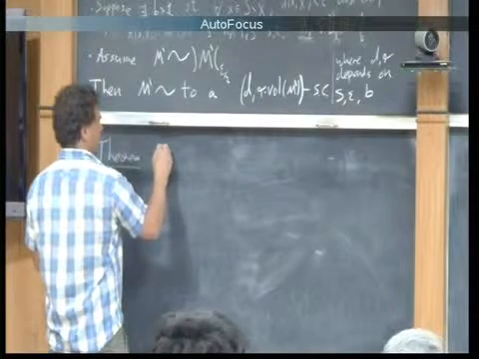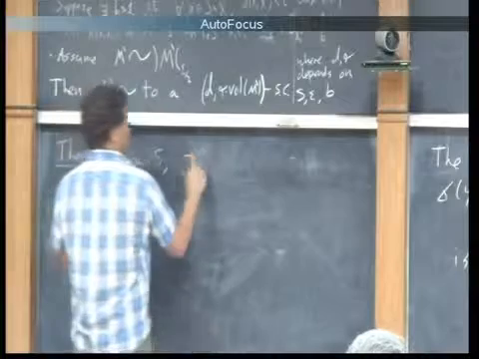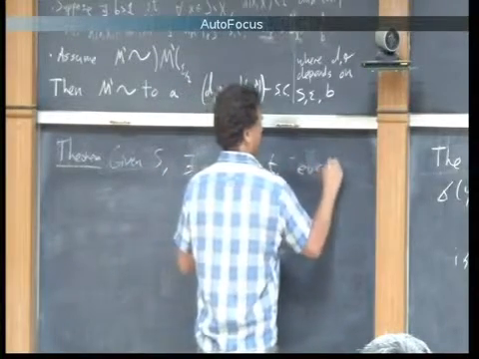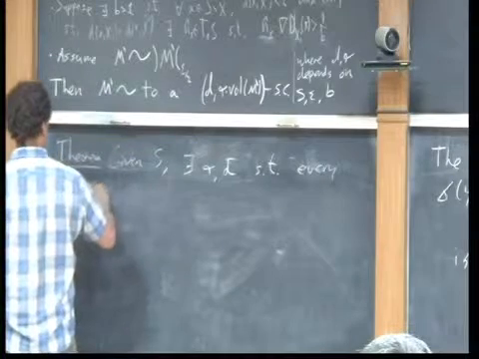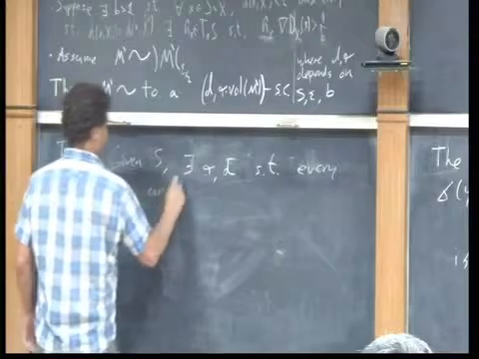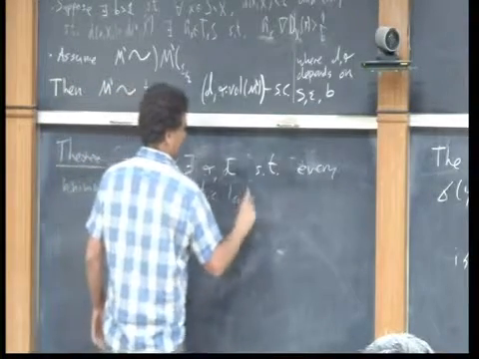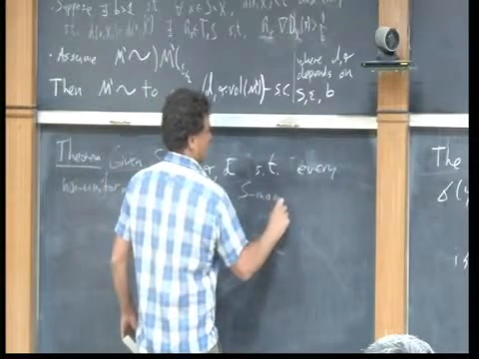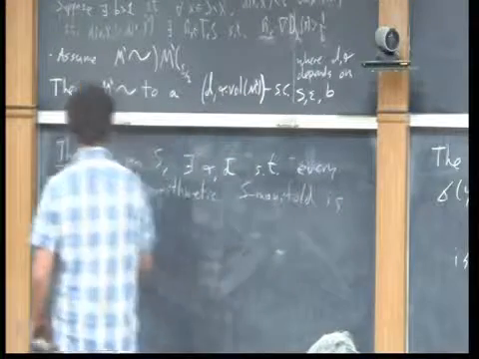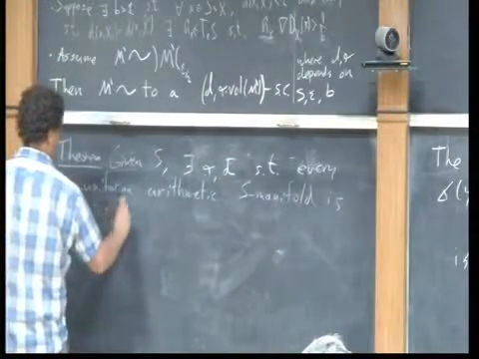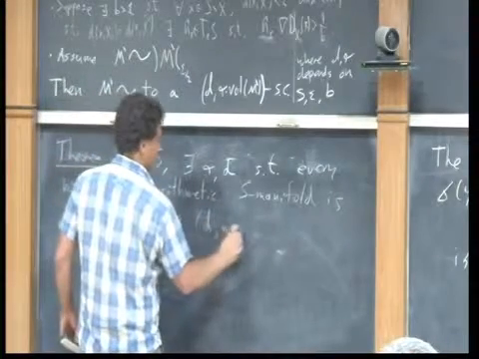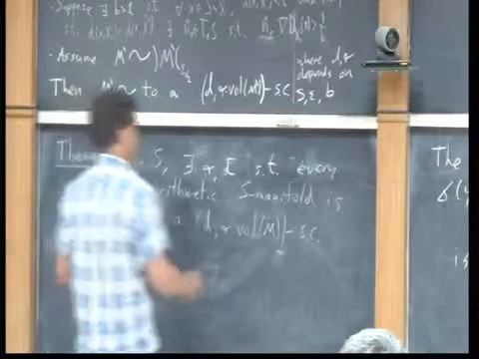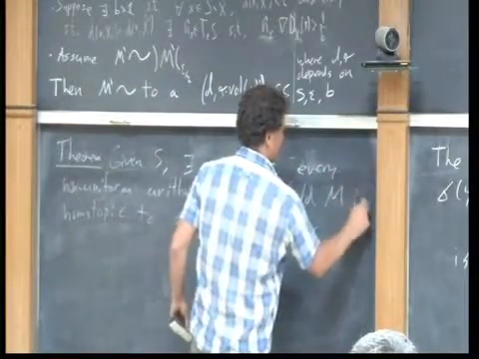So given S, there are alpha, D such that every non-uniform arithmetic lattice, arithmetic manifold, S manifold, is homotopic to D alpha volume M, and